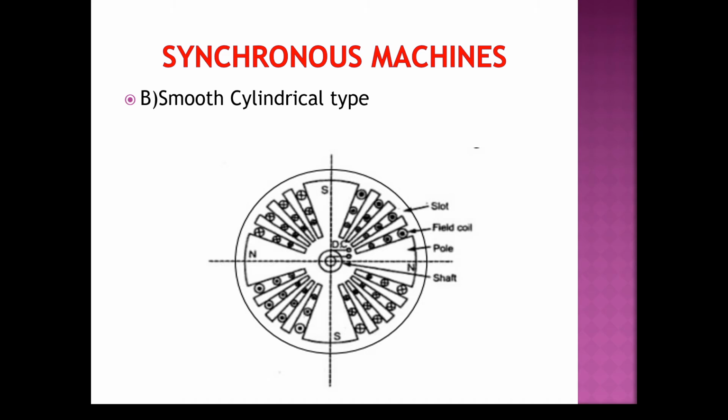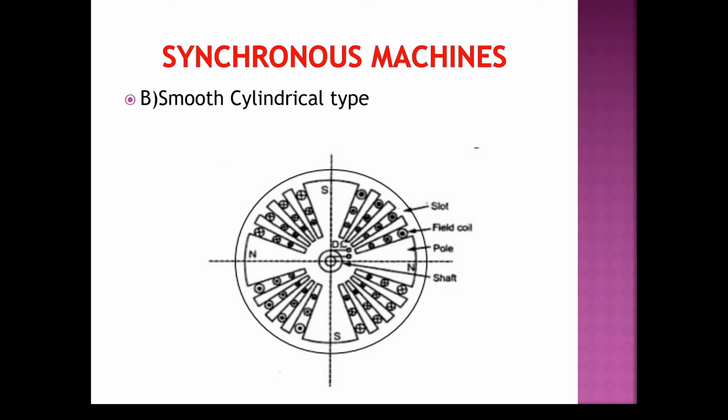There are 4 poles here, 2 south poles and 2 north poles. Slots are covered at the top with the help of steel or manganese wedges. So the unslotted portion of the cylinder will act like poles. So this is a 4-pole rotor we have seen. Now these poles are not projecting out and the surface of the rotor is smooth, which maintains a uniform air gap between stator and rotor.